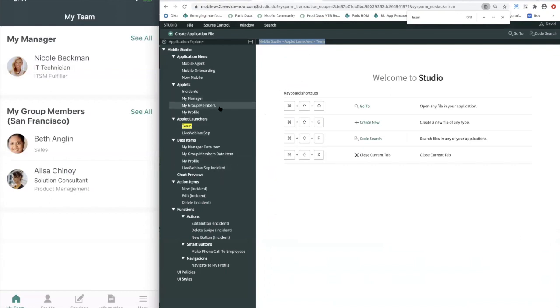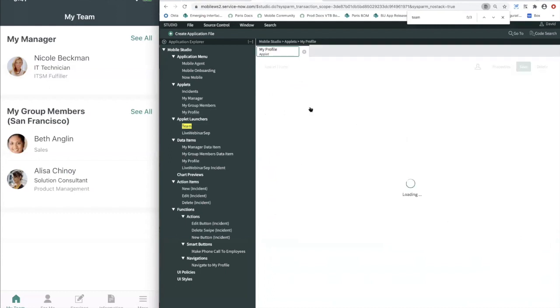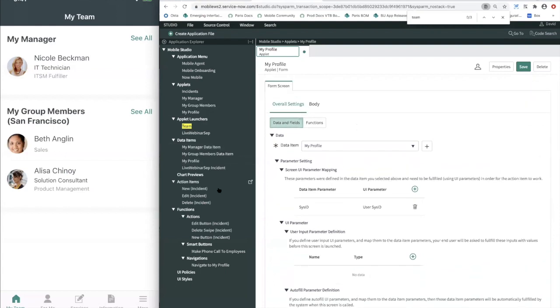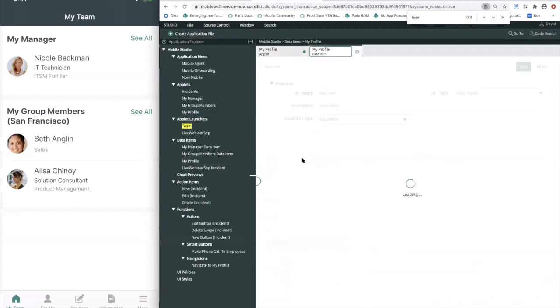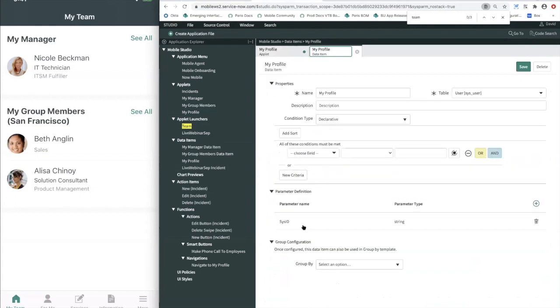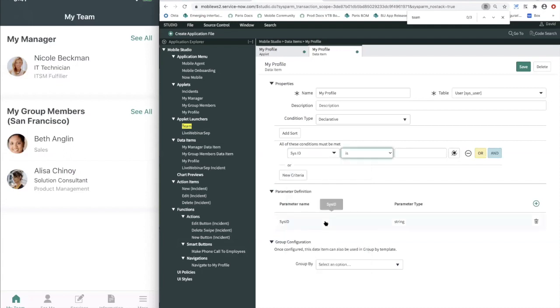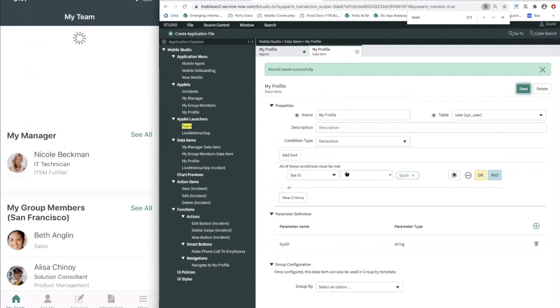So if I look at my form screen, which I called my profile, let's double check the data item as well. Profile data item. And here we go. So it looks like I created an item parameter for sysid, but I never mapped it back to the table, right? Using this reference value icon. So we're going to select sysid and map it to this item parameter. Now if I click save and I refresh,